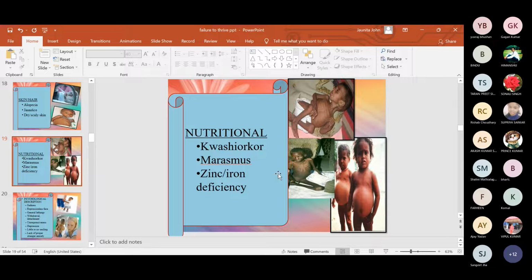Okay. Next is zinc and iron deficiency. Any deficiency which includes iron, someone is not eating it or not getting it, not getting any fruits, iron and zinc supplements not received, in that case they can occur. Important are these two, which I have briefed so well, kwashiorkor and marasmus.